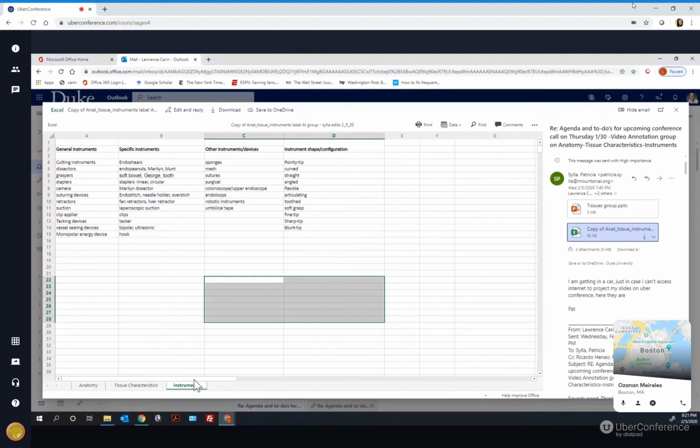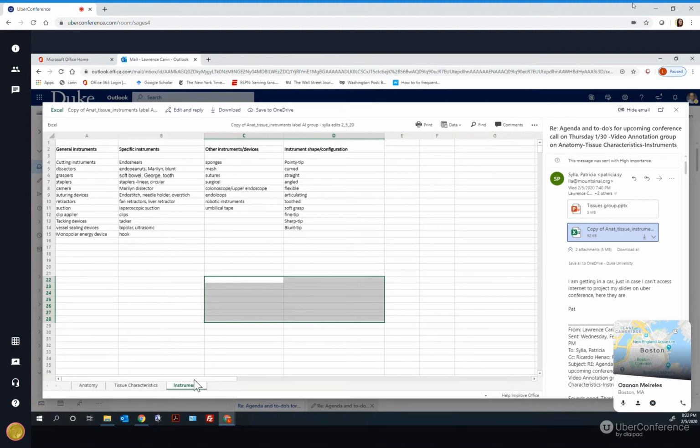As far as one of the themes that was being discussed today, what is the level of granularity that you want to do as you are annotating the tasks, for example? But at the same time, you can translate to the tissue. What's the level of granularity you want? Or for the tools, what Pat just mentioned, let's say you have a Maryland dissector or a pointy dissector. I mean, aren't they all dissectors? The overall